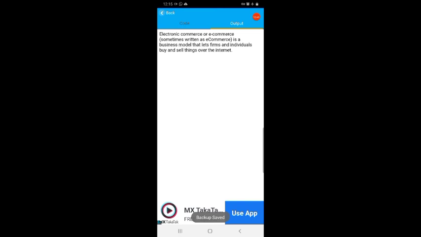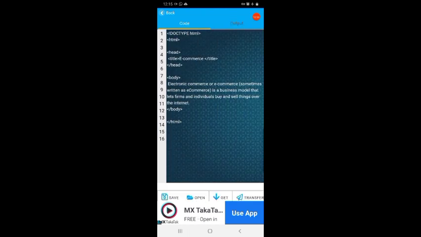So it will look like this. In this application it will look like this. If you are using Notepad, it will just look as if we are viewing a web browser. In the web browser a page will open up as a web page, and the contents of that web page will be the contents that you have written in the body tag of the HTML document.